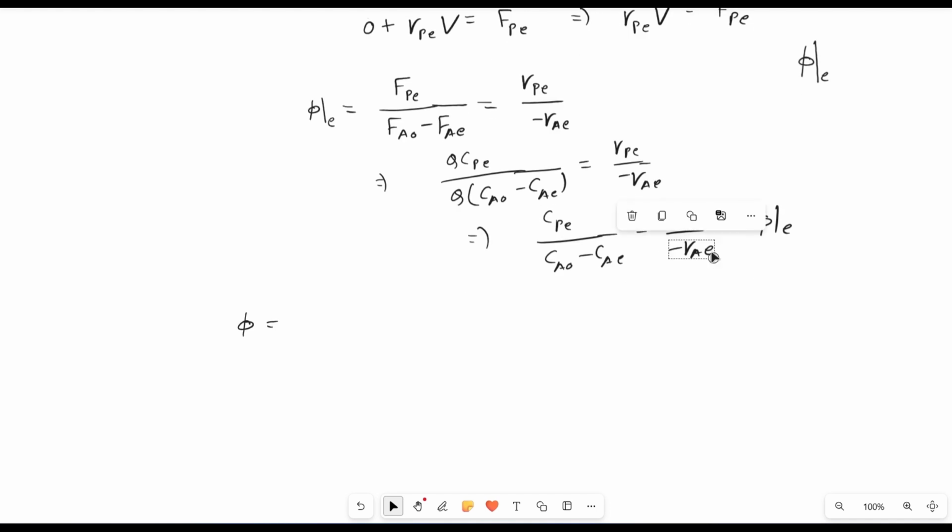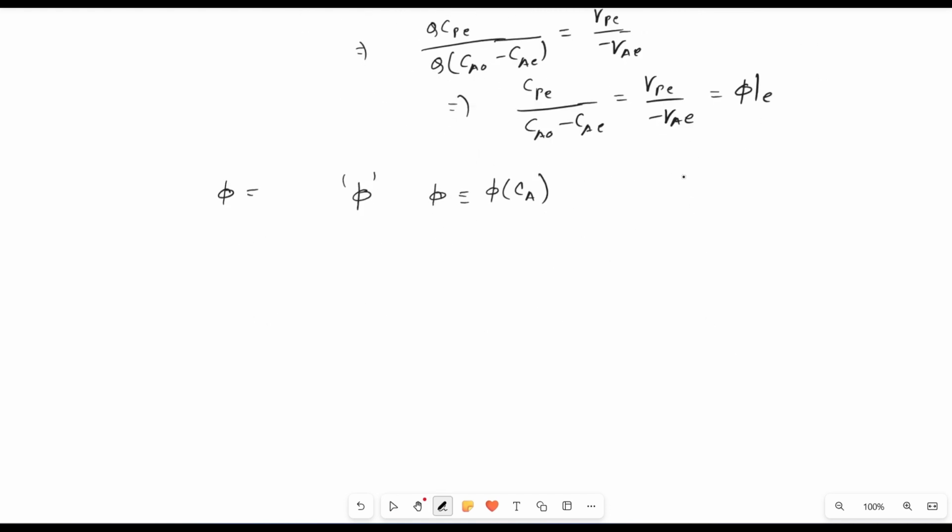If the Rp and Ra expressions are very complicated, phi is used. Phi is known graphically. Now, if the phi value is a function of the concentration of A, the reacting species,